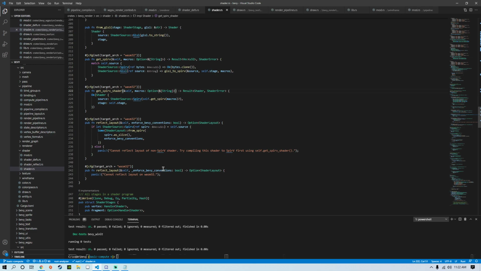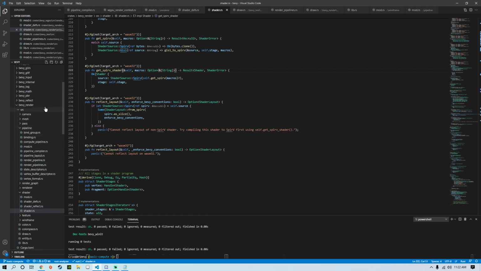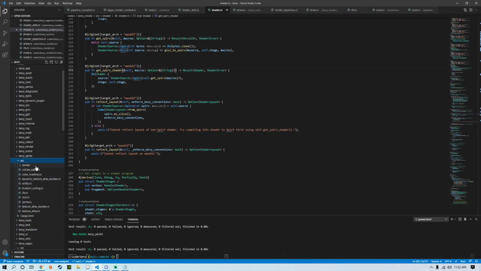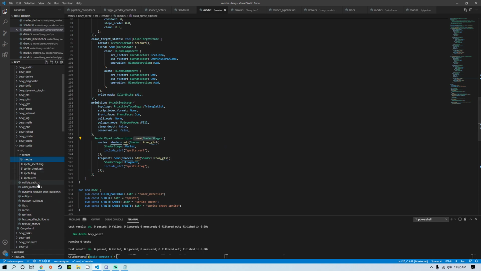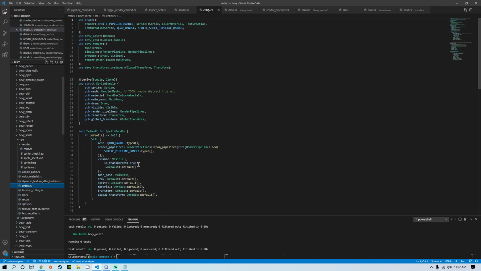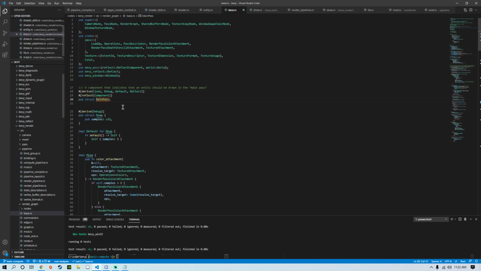But yeah, that's the two ideas I have so far. The first one's really simple. It works a lot in the same way a main pass works. And yeah, I think I can even show you how, if we look at Bevy Sprite as an example here, where is it though? I think it's in the actual entity. You have the sprite bundle, so you have this main pass here. This would be your compute pass, and you'd tell